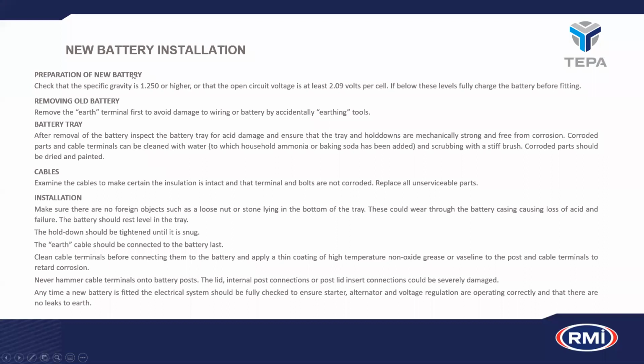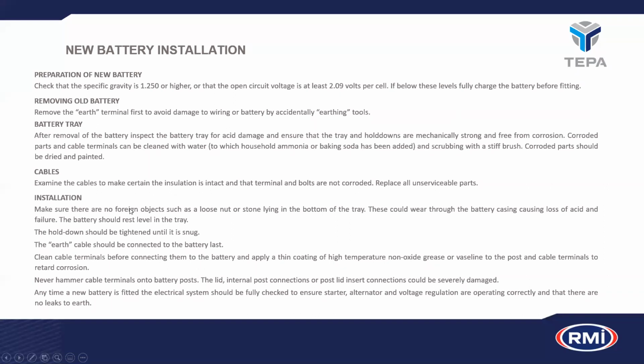Preparation of a new battery, obviously check that the specific gravity is above 1.25. I said 1.220 earlier, but preferably it must be above 1.25. Remove the old battery. Always remove the earth terminal first. Never just remove the positive. The earth must come off first, because that then basically isolates the vehicle. Make sure your cables' insulation is intact, and if it is not, replace them